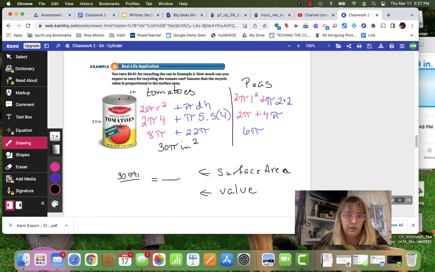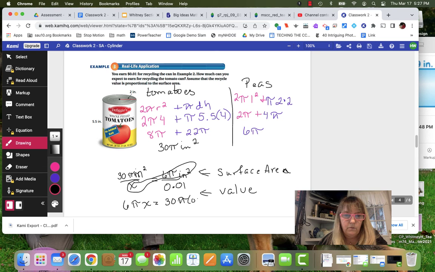30 pi inches squared. And the peas are 6 pi inches squared. And we know the value of the can of peas, if we recycle that, is 1 cent, and we don't know what this is. So we cross multiply, we get 6 pi x. We're doing some cross multiplying here. Then we multiply the other one, and we get 30 pi